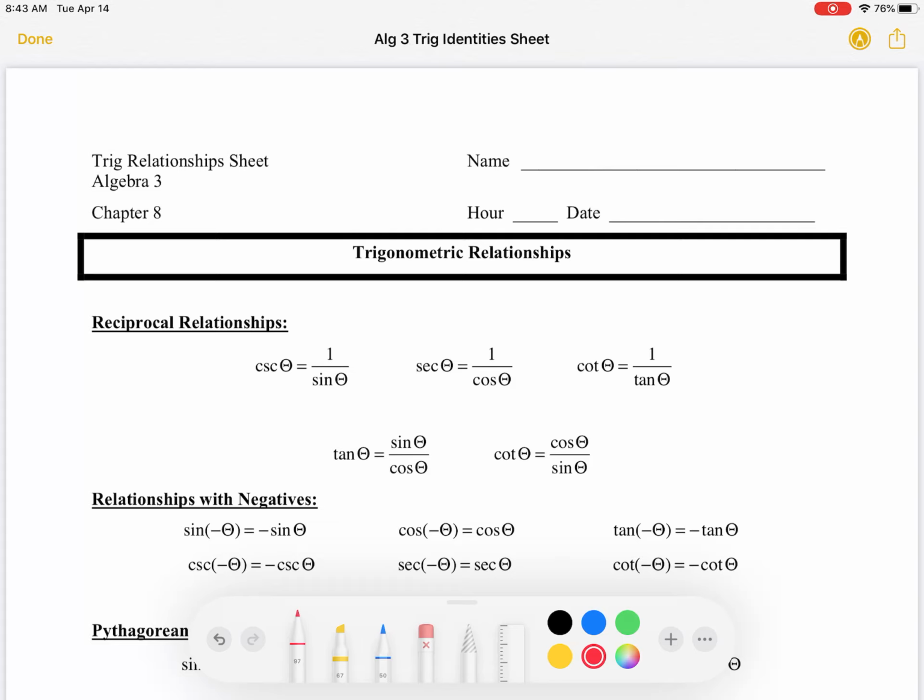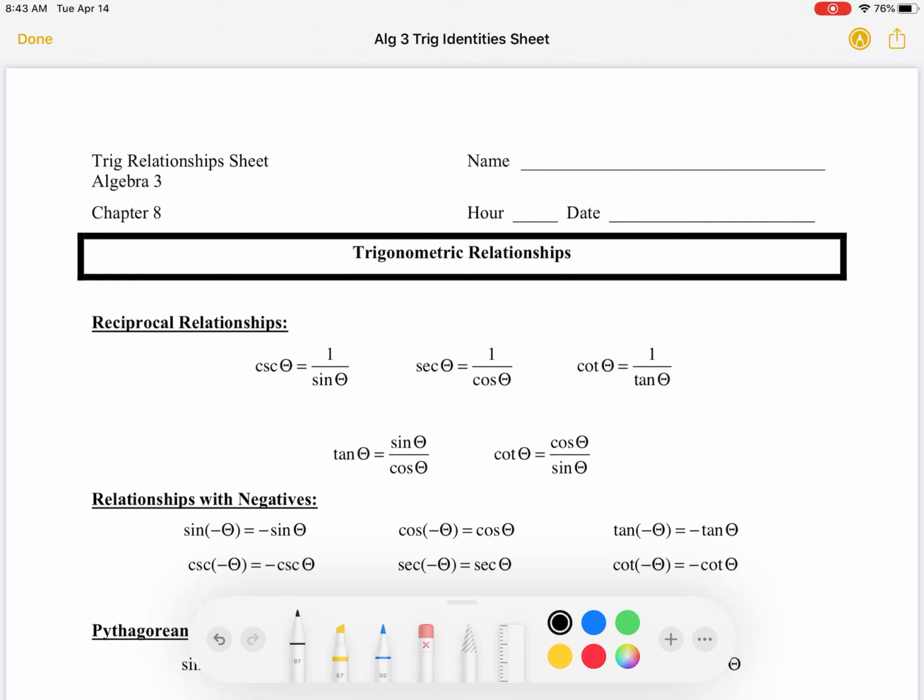I guess that moves us to today. So today we are talking through a trig relationship sheet. Now this is usually a sheet I'd print out on cardstock along with your unit circle, and I would hand it out, and we'd spend about 10 to 15 minutes going through it. Being that we're not in school, I can't really hand it to you, so I will upload a copy of this. If you have a printer, I would strongly suggest that you print it. Now, I get that probably 20% of you have a printer, so just save this to your desktop, and you're going to need this up whenever you're doing problems for the next week.